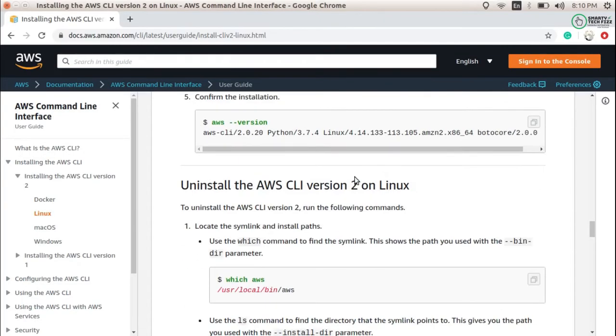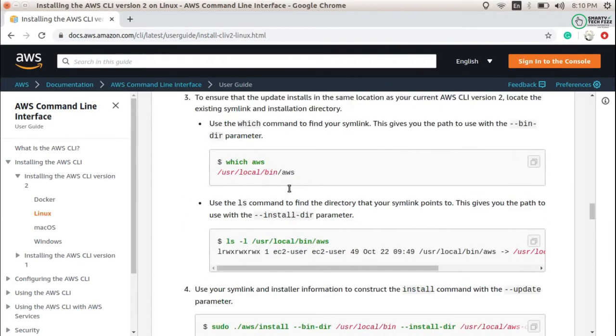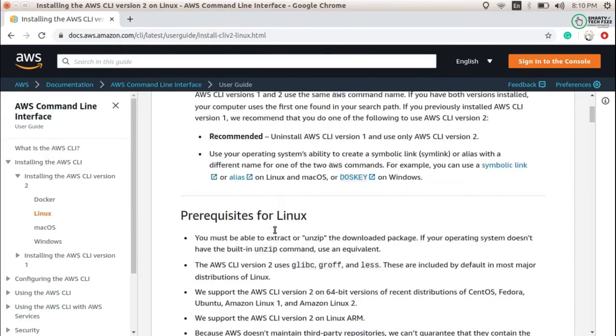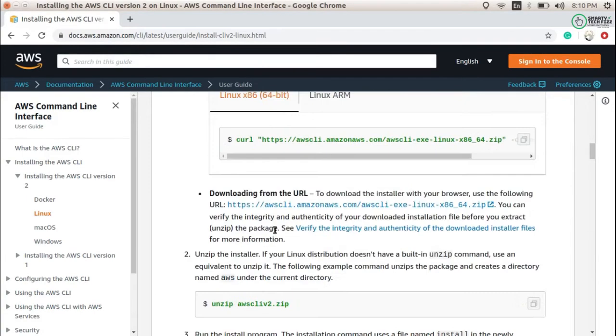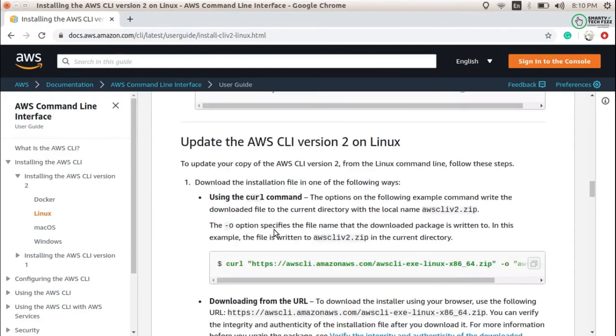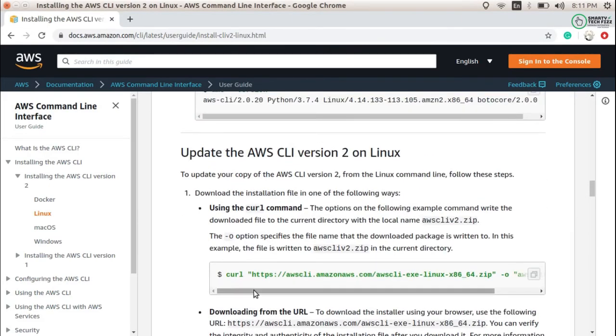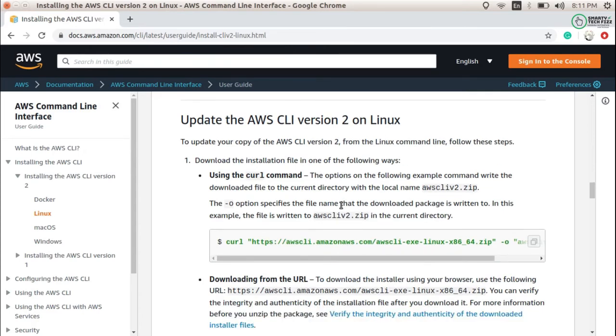Actually you see that I first uninstalled it, and then I installed CLI version 2 on Linux. That is because I was not aware that it has an update command. So you can even do that without uninstalling or installing again. You can go to the update section for CLI version 2 on Linux and just run the commands given here.